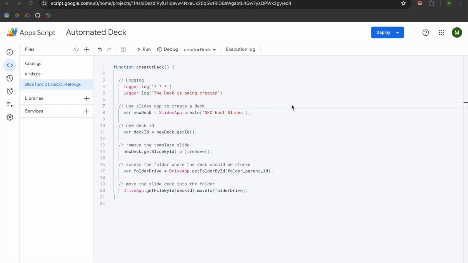Hey folks, this is the third video in my series on automating Google Slides presentations using Google Apps Script. This video is an optional portion of the code that is not necessary but is highly recommended. What we'll be learning how to do today is delete a previously created slides presentation so that we can create